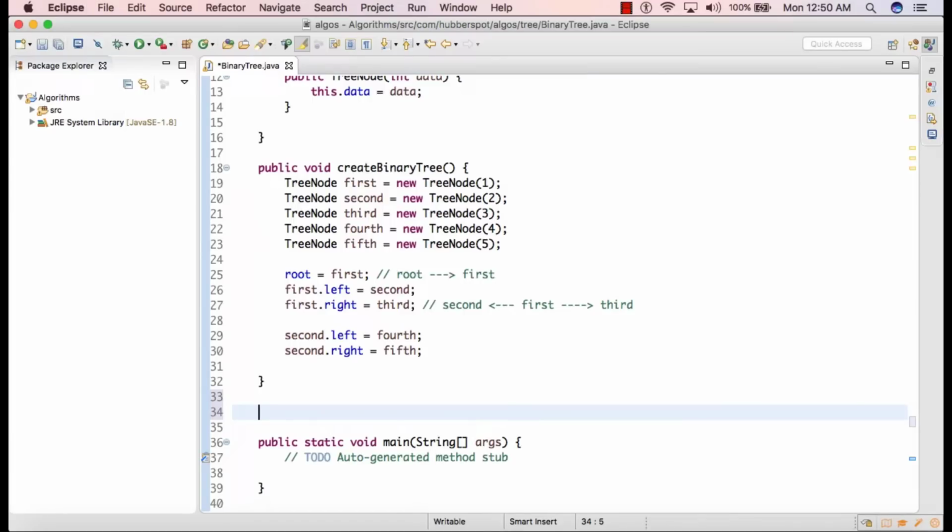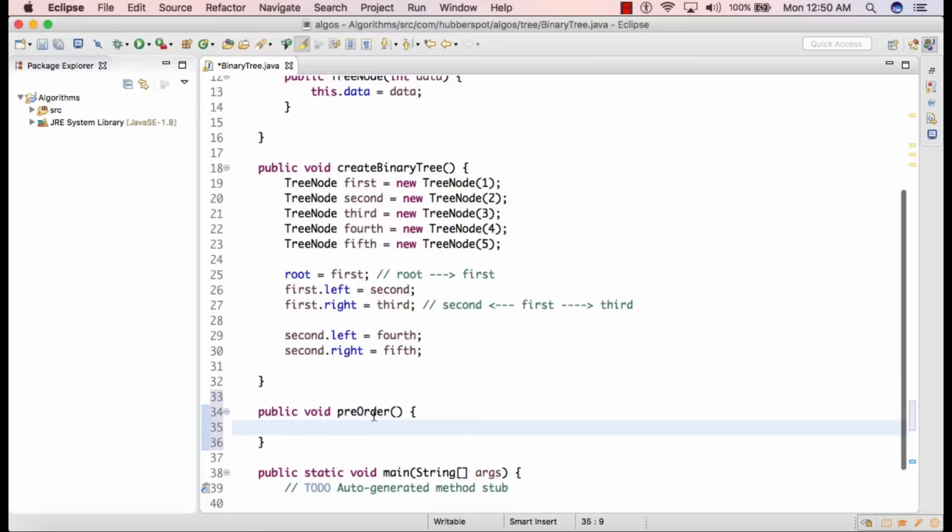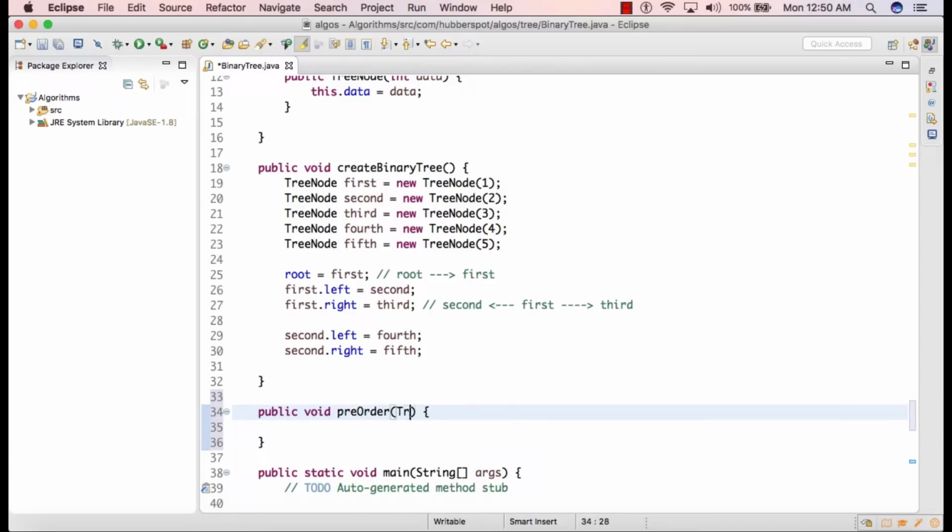Now let's write the code for pre-order traversal of a binary tree. So public void, we'll give the method name as preOrder. This method, as we know, will take in a root which we saw in the slide.